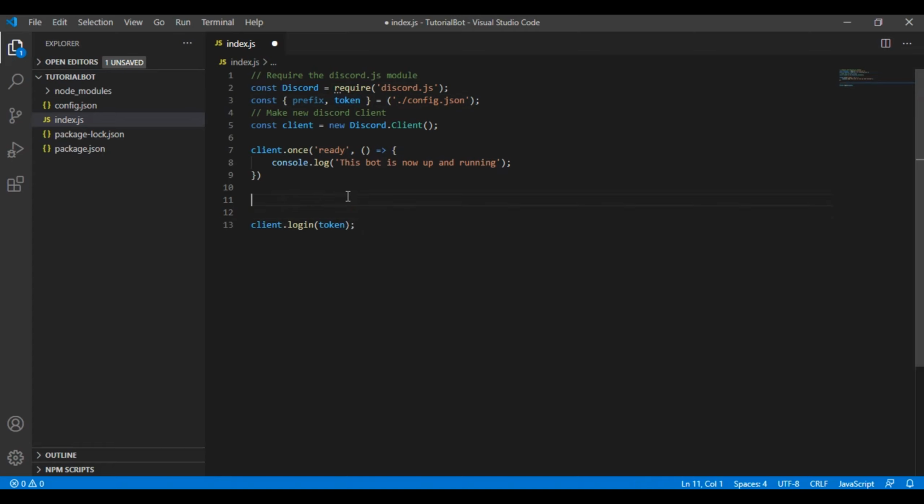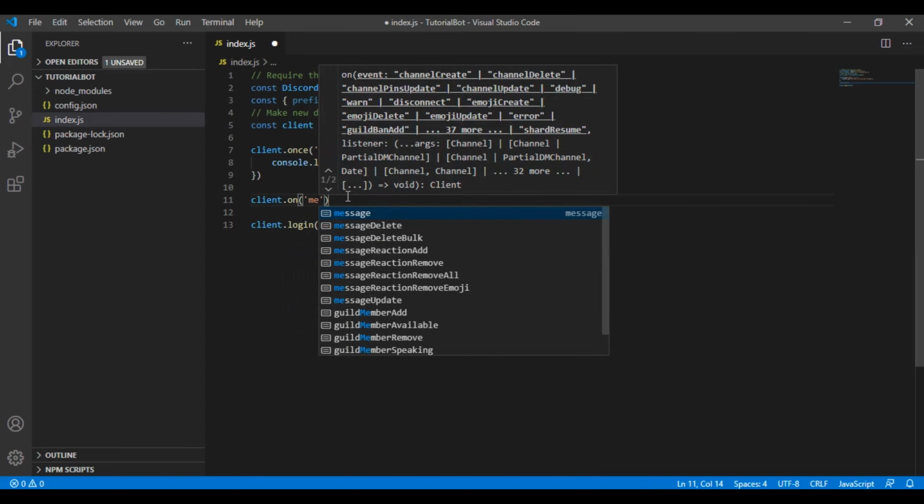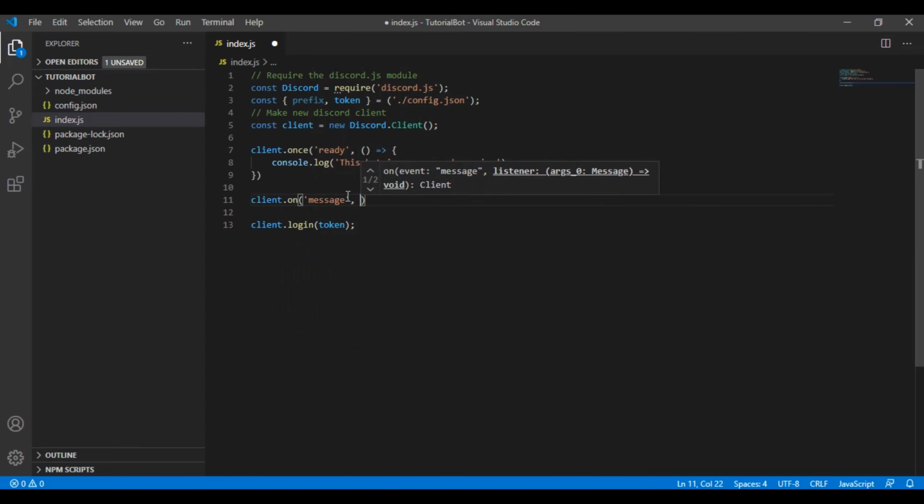Next, this is when the bot receives messages. Let's say you insert our prefix, so in this case it would be that, and then help. So it's going to listen if someone types this command in a certain channel. In order to do that, we have to do client.on message, comma, message, equal sign, right arrow, and that. So now what we want to do is